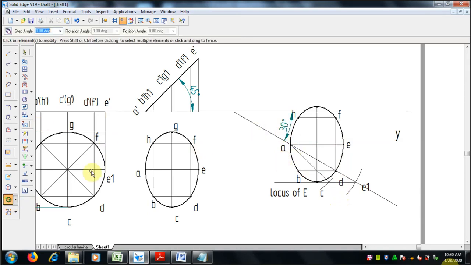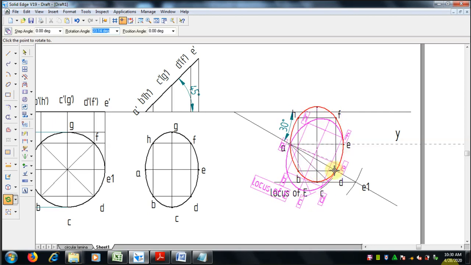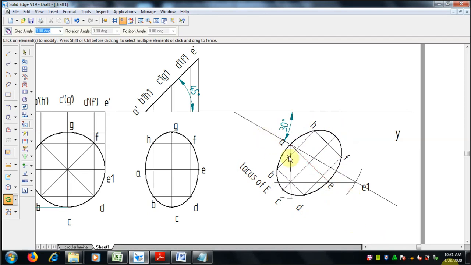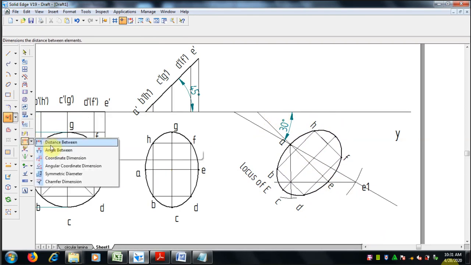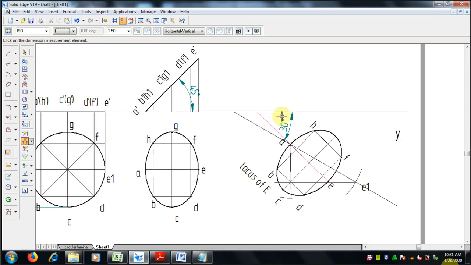Now this is the final. Extend that AE to the reference line so that we can get the beta angle, the angle between the reference line and the new AE line. Now it is 45 degrees. So this is what we call the beta angle.